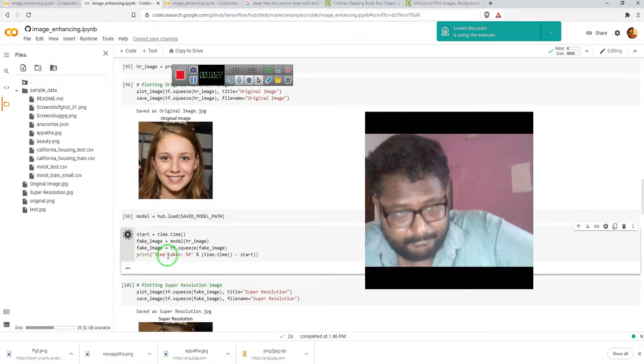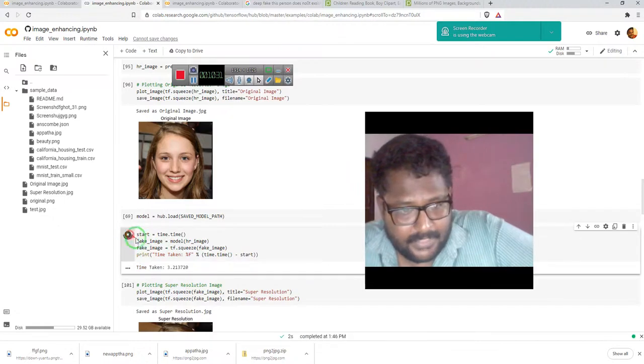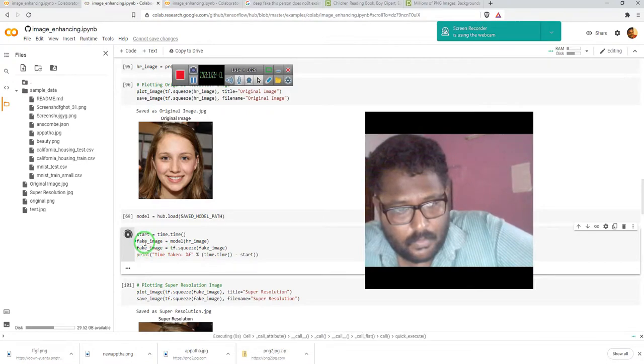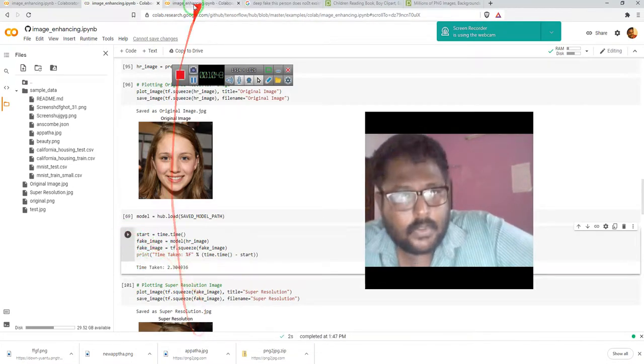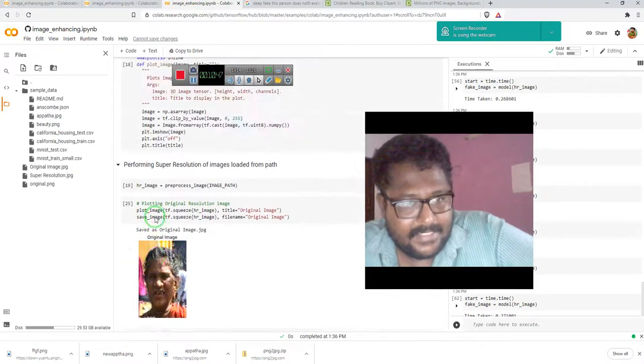Again, 2 seconds is not converging. Okay, it's not going below that. 3 seconds now. Okay, it is not going below that. 2 seconds now. So let's copy the image path, and this is Tesla T4, my dear